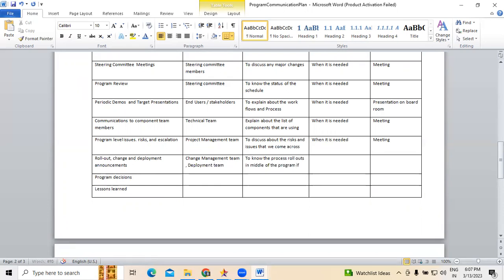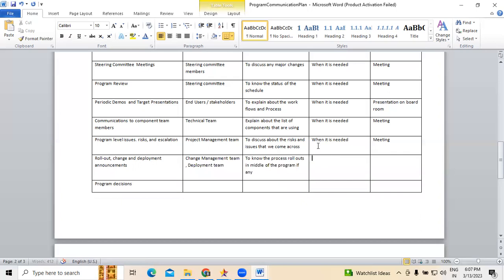If there is anything on the program, it will be discussed, followed by a meeting.